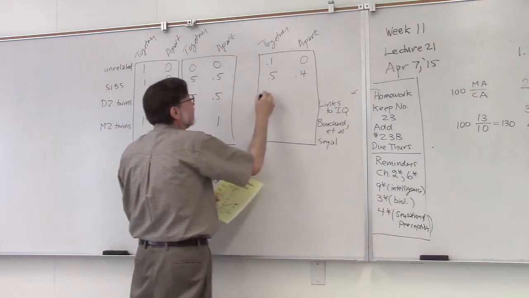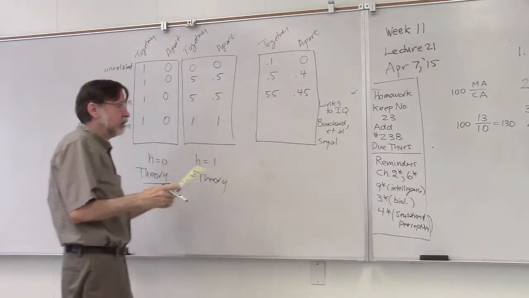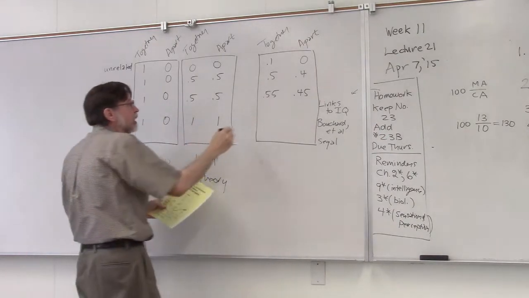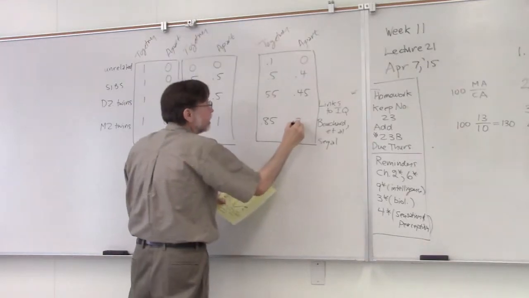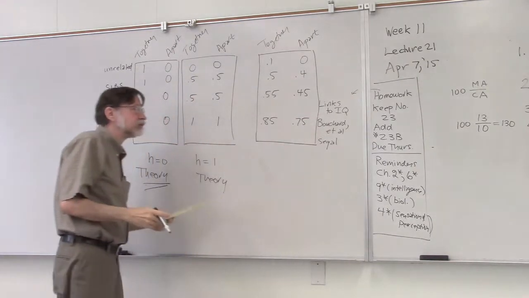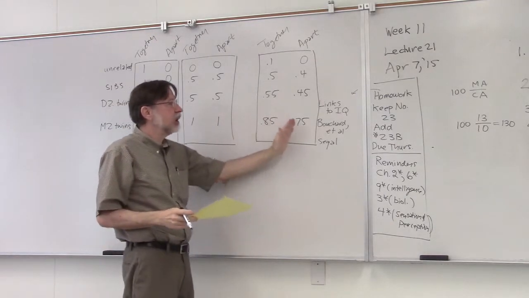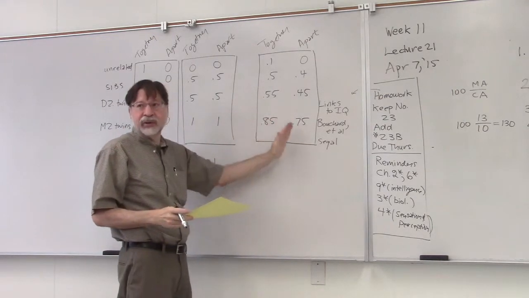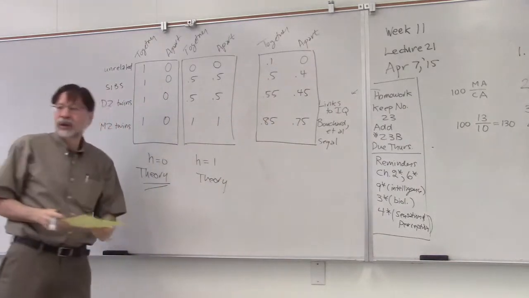Dizygotic twins reared together, and his numbers are a little different but pretty close to these, and monozygotic twins raised together and monozygotic twins raised apart. Notice there's a small effect, about 0.1 due to being raised together or apart,